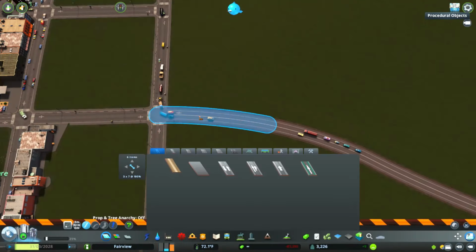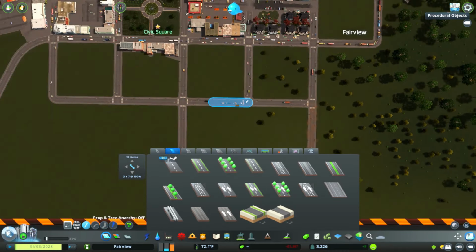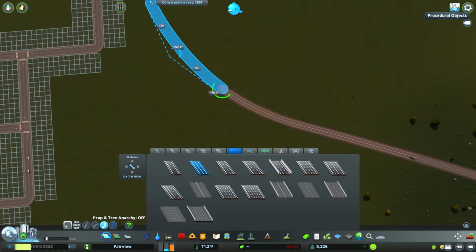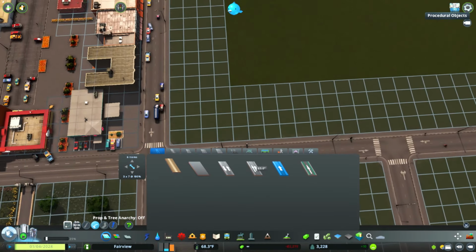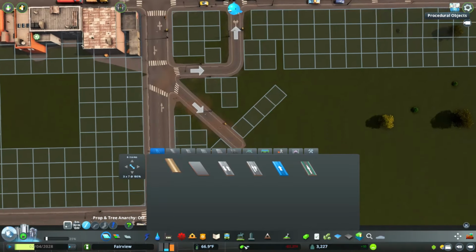Hi everyone, the main focus of today's episode is to add a city hall to Fairview. I am about to place down a one-way road near the central square, which I've named Civic Square. I will be placing down the city hall along this one-way road, and I will get to talking about the